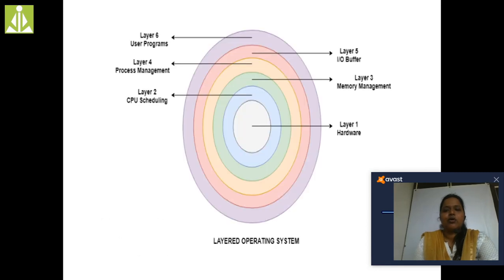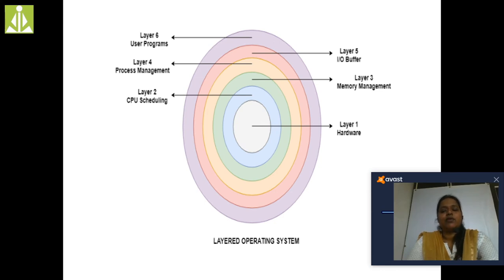So this is how we are going to have different layers. We are keeping different layers in order to provide security and protection too. But when it comes to the simple structure, we don't have any security, anyone can access anything. So there are lots and lots of chances of crashing. If it has crashed, the data would be lost. So in order to overcome all those difficulties, we have gone for this layering type.